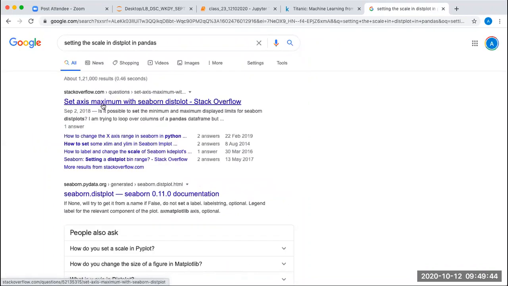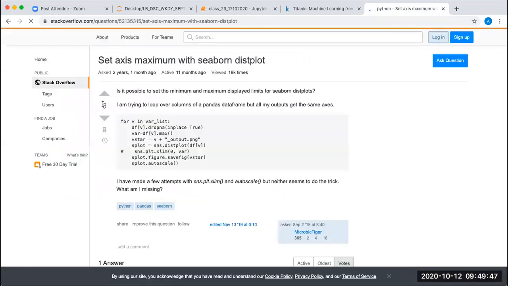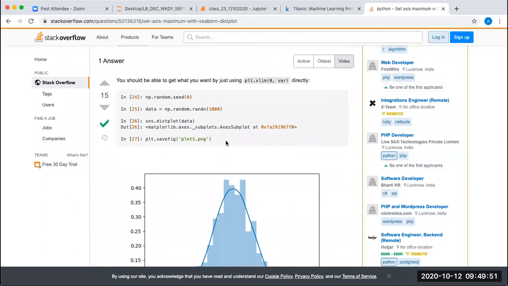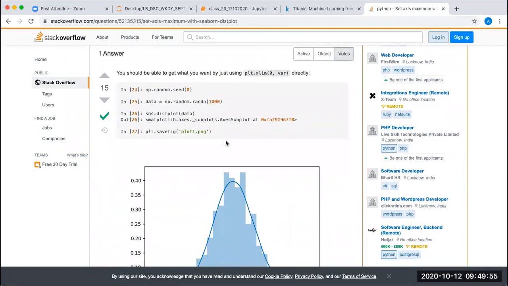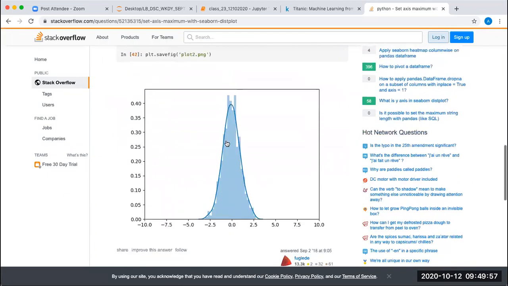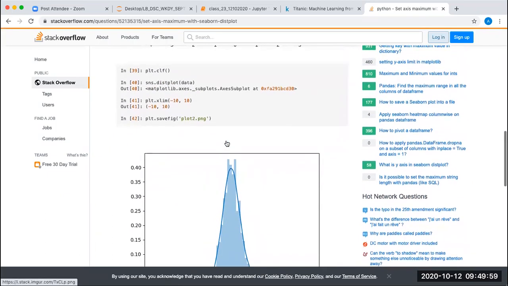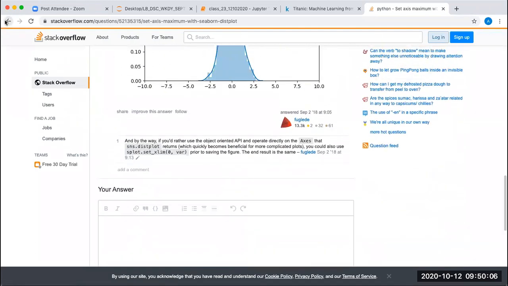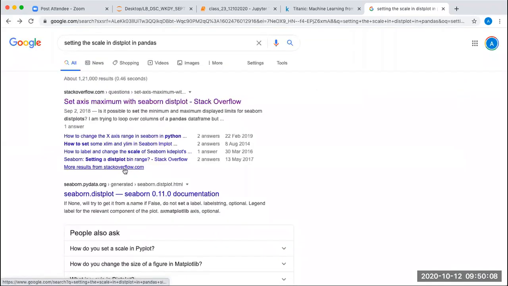Set axis minimum. X limit and Y limit. No. Scale.